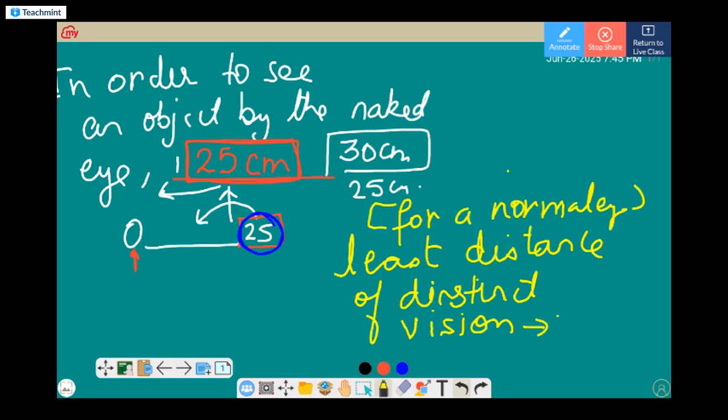You can always check what is your individual least distance. For every person, it might be slightly different. Maybe for some it is 30 centimeter, for some it might be a little beyond it. If it is beyond 25, that means you do have some issues with your eye. So you can try to find the good position where your eyes are not straining and you're able to read the content of whatever textbook you're referring to, and that vision is easy for you and it's not giving you any sort of headache. Then that is the least